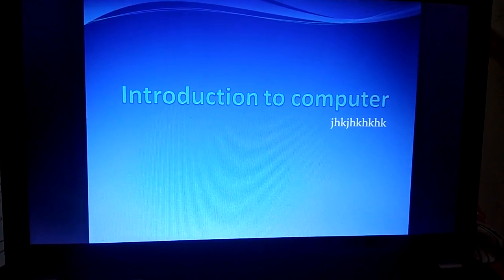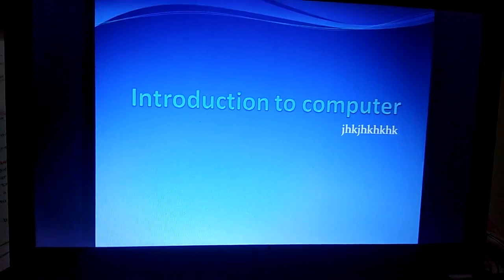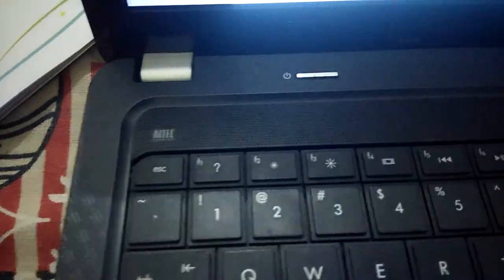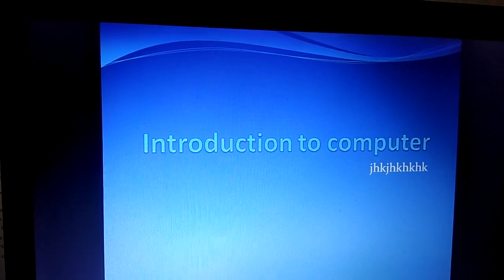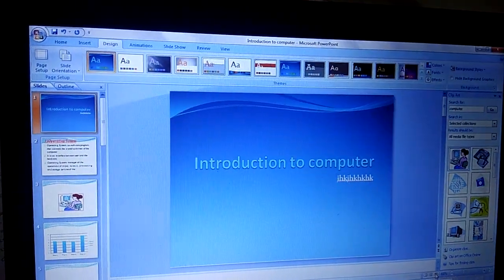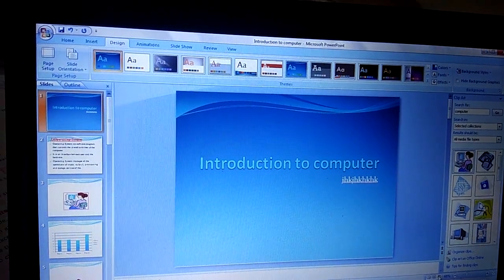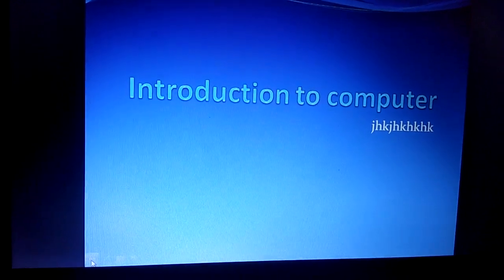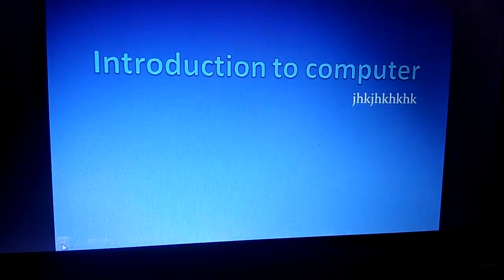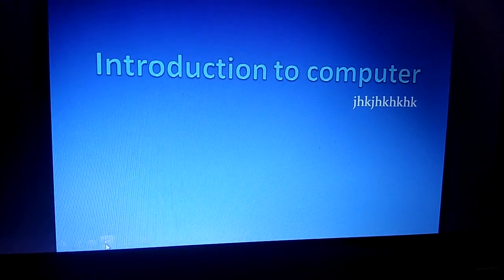We can press the escape key to end the slideshow anytime. This is the escape key. This one. So we can press the escape key to end the slideshow anytime. On the left side, there are 4 buttons available here.